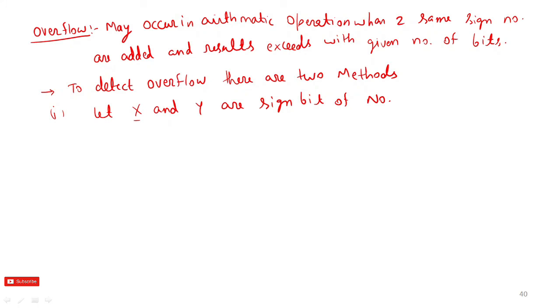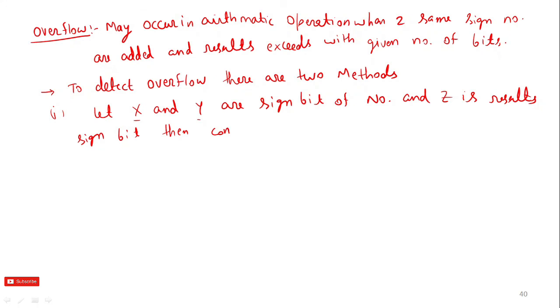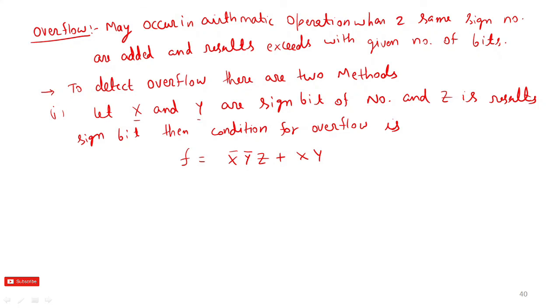If there are two numbers, x and y are their sign bits, and z is the result's sign bit, then the condition for overflow is x bar y bar z plus x y z bar equal to 1. If you get 1, then in this condition there is overflow, otherwise there is no overflow. Second one,